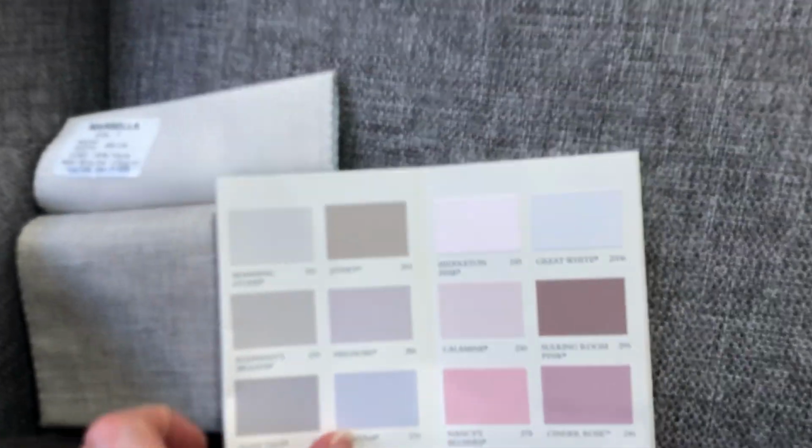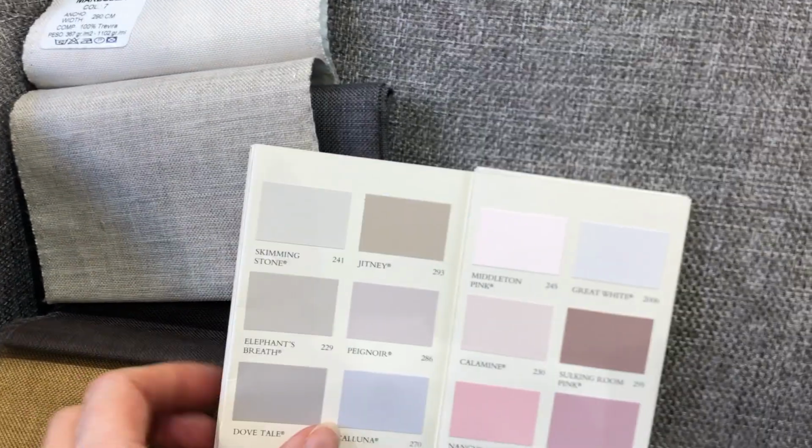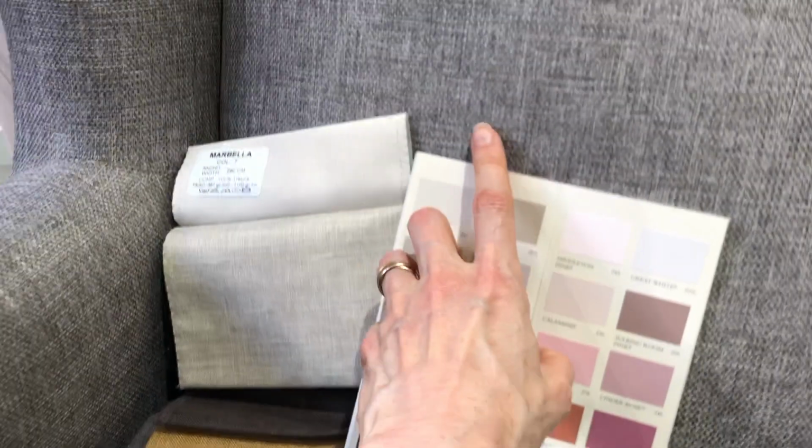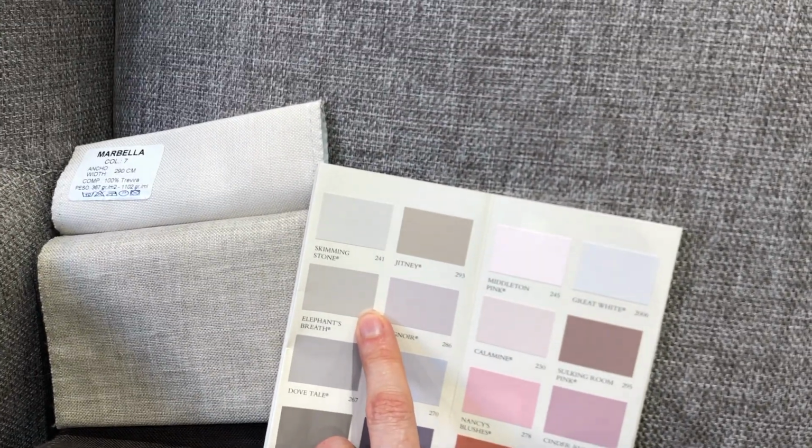which is here. It's the second paint color. It's called Elephant's Breath, Farrow & Ball. So that would be the nursing chair. Those are the drapes, and this is the